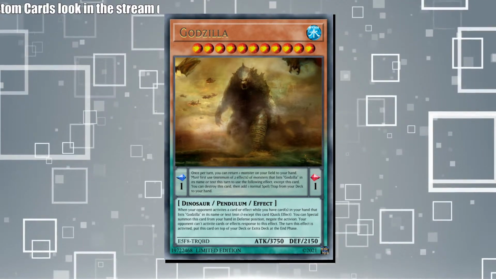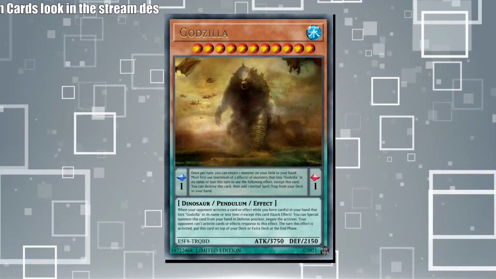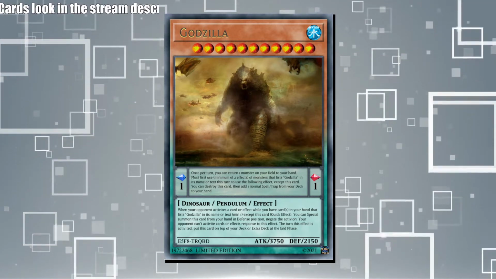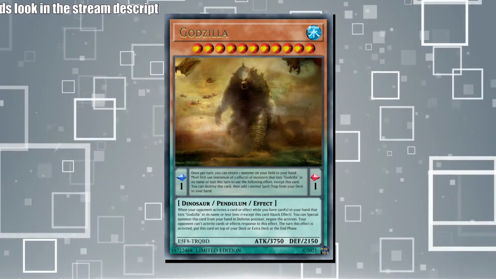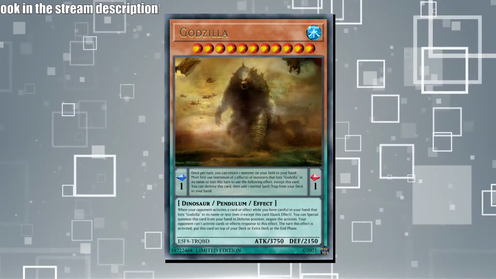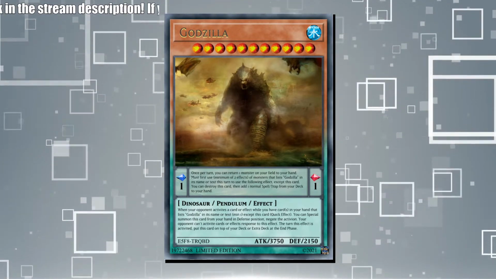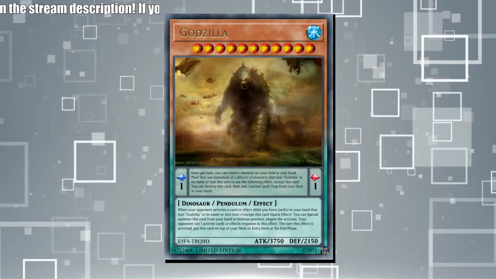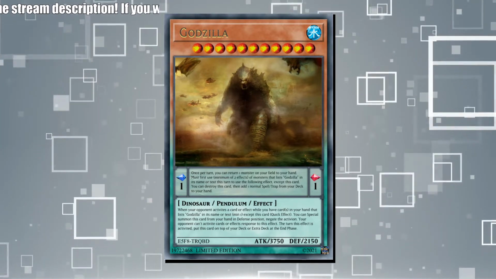That is, but it can only use it if there's been 2 other effects activated this turn. Which I don't think is enough of a drawback for how powerful that is. Let's look at its effect. When your opponent activates a card or effect, while you have cards in your hand that list Godzilla in its name or text, minimum 1, except this card, quick effect, you can special summon this card from your hand in defense position, negate the activation,